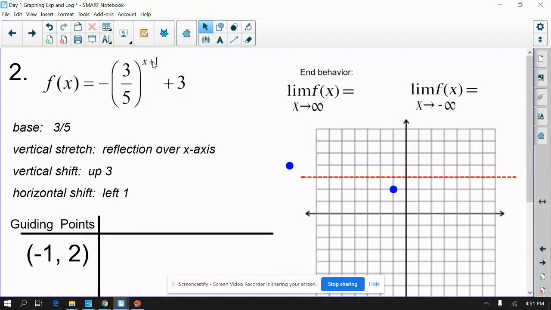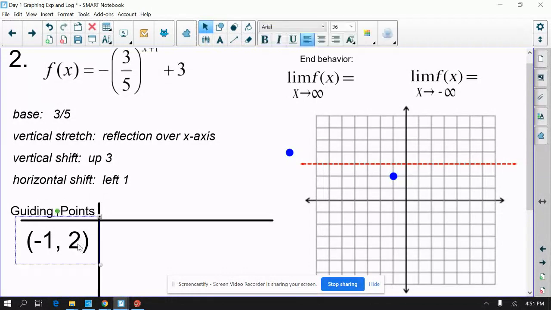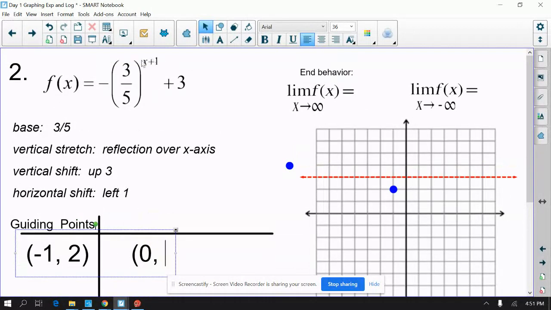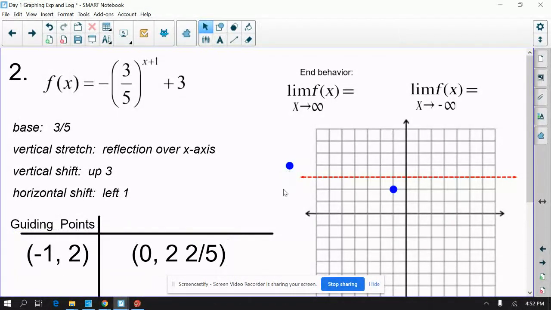Another one. What's another good choice for x? 0, I guess. When x is 0, the exponent is 1. So 3/5 to the first power is just 3/5. And then you make that negative. So this is really -3/5 plus 3, which is 2 and 2/5. So 0, 2 and 2/5. And that would be sufficient for us to draw,